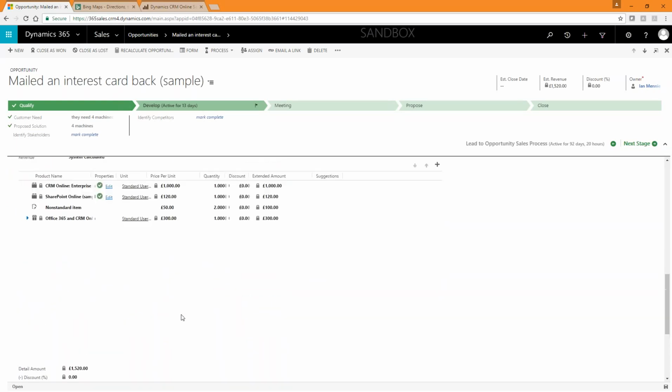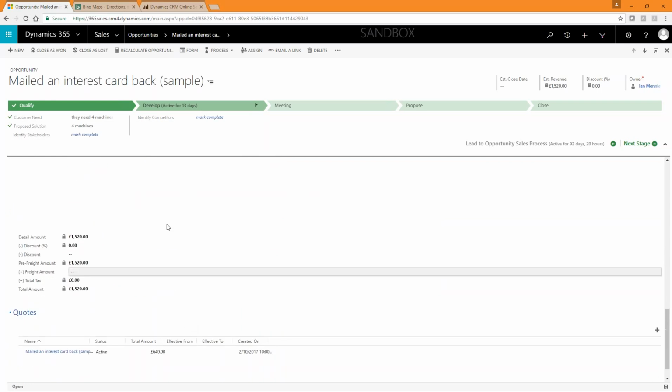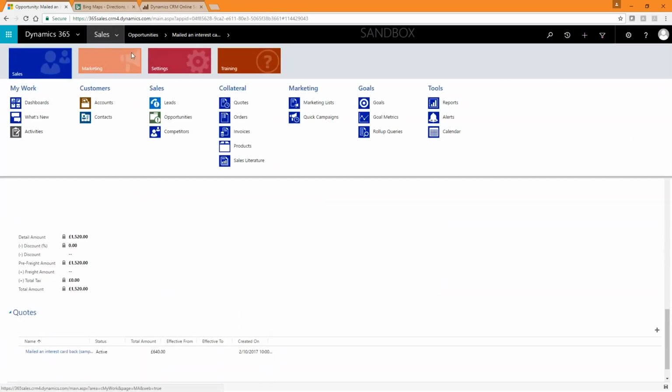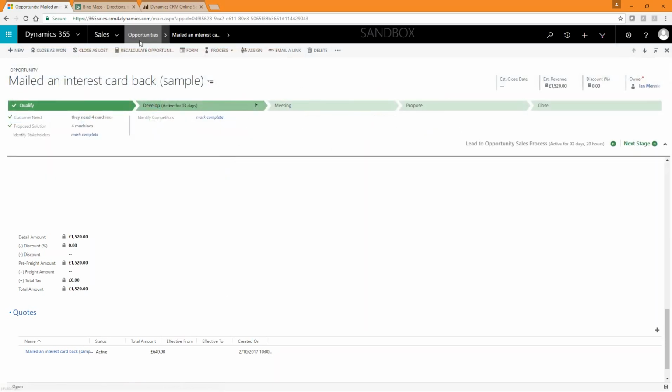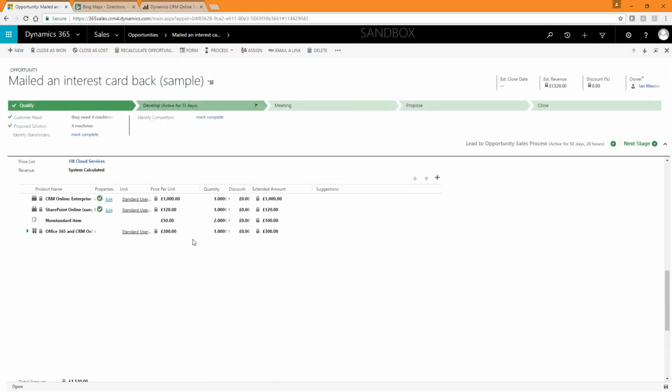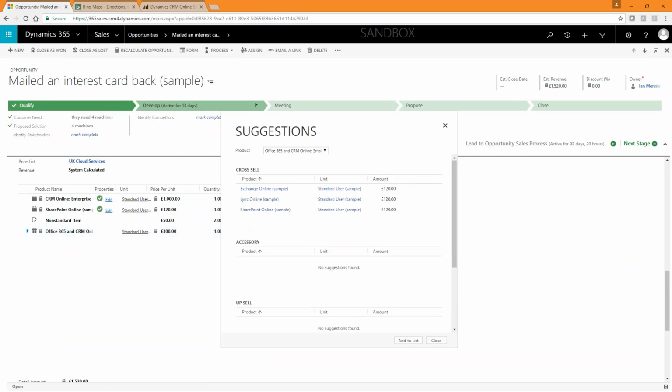We could now say, yep, we're now ready to quote this particular customer. The product catalog's quite sophisticated within Dynamics 365, gives you a lot of opportunity to set up upsell and cross-sell for items within your product database. And for a user, as you saw there, very easy to then navigate through that when you're dealing with prospects